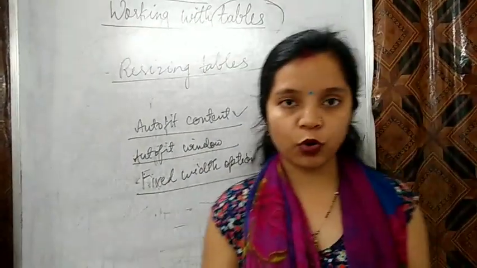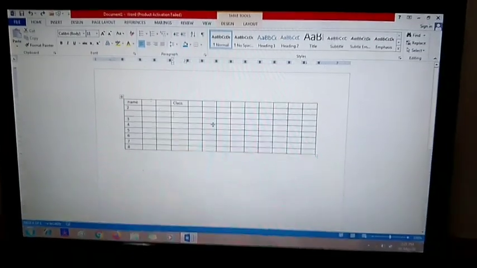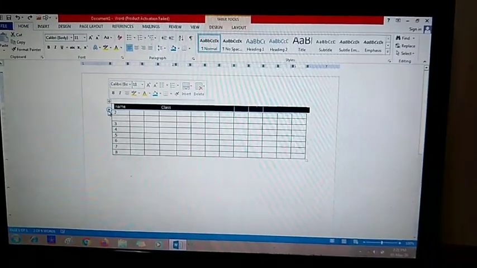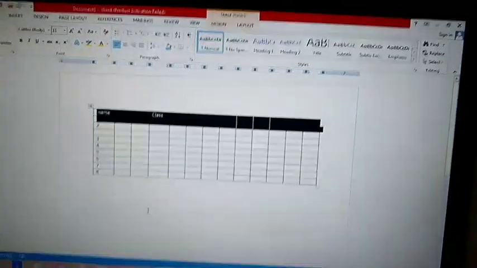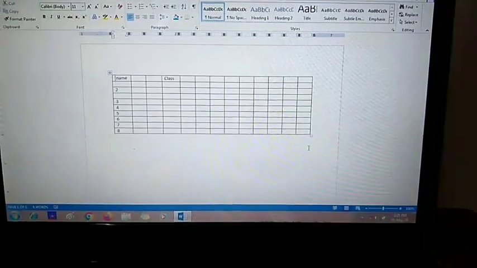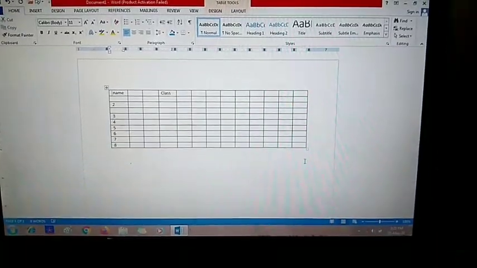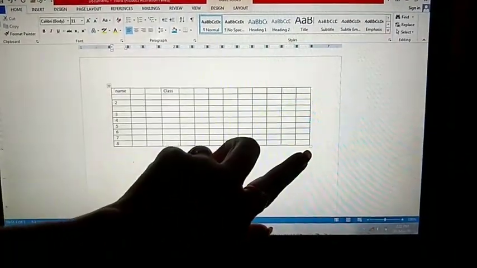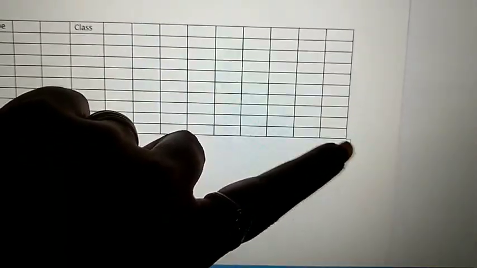Now you see on the laptop, if you want to increase or decrease the size of the table, here one option is given. This small box you can see, this is your table resize option.